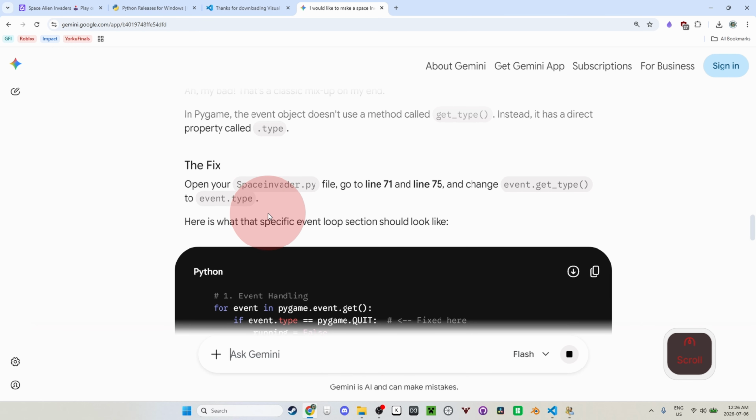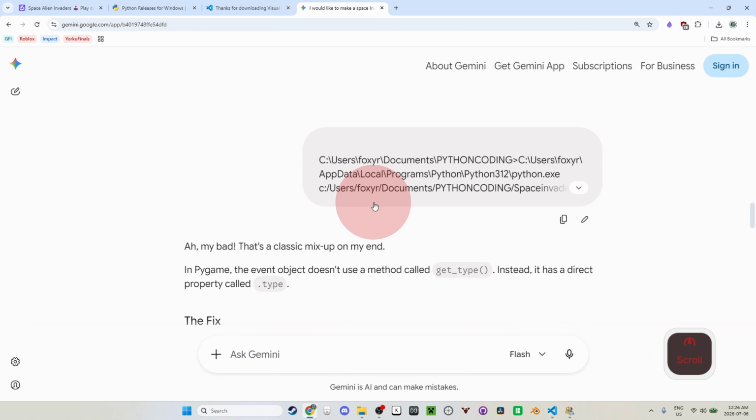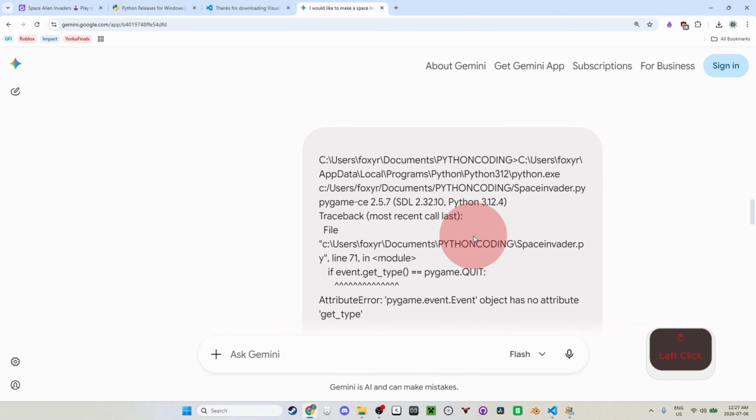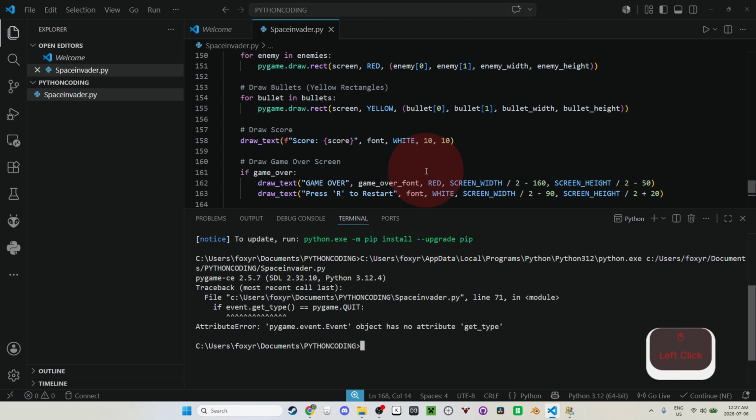So in this scenario, in Pygame, the event object doesn't use a method called getType. Instead, it has a direct property called .type. So it messed up and used get_type instead of .type, and we pasted the error message for it to figure that out. Now we can go down, we can press copy code, we can go back to VS Code, press on this,